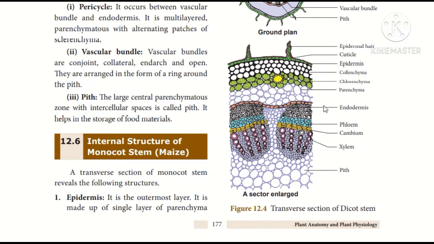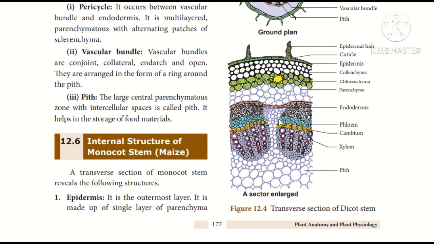And what is a starch grain seen in the endodermis? Actually, starch grains are the structure made by most of the plants as a product of photosynthesis. And starch is the most abundant energy source in our diet in day-to-day life, what we consume, maybe in the potatoes or in the wheat or in the corn or in the rice. So the special feature of the endodermis is that it contains more starch grains, so it is called a starch sheath.